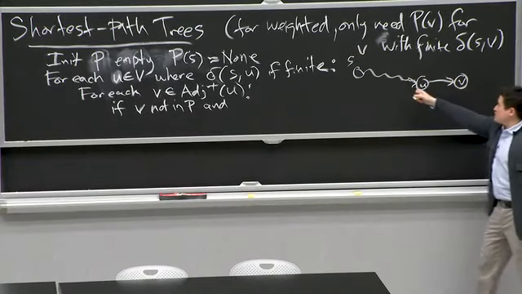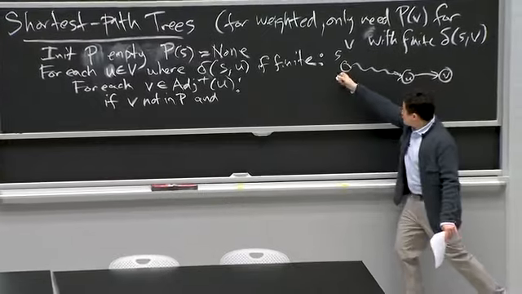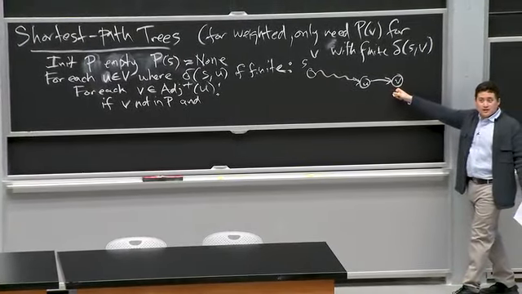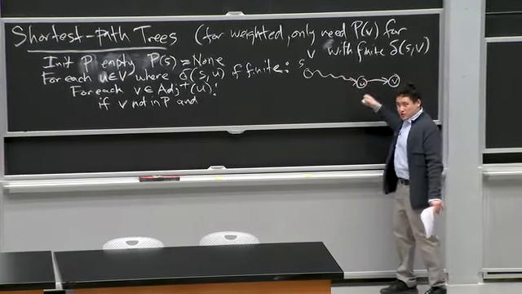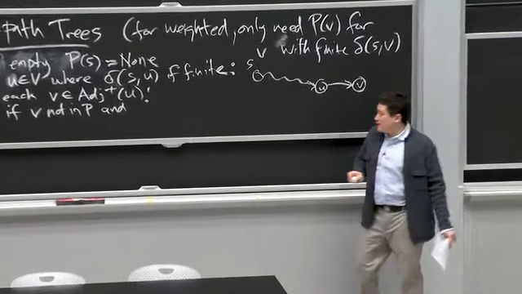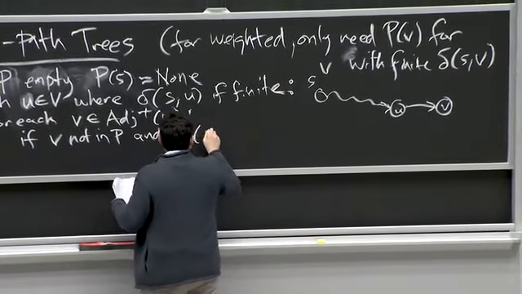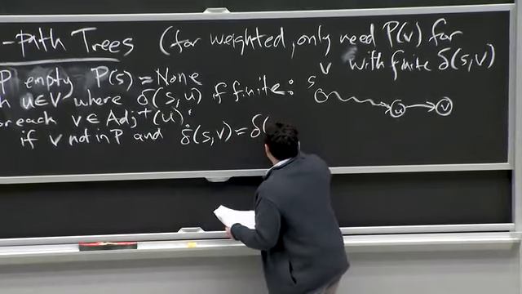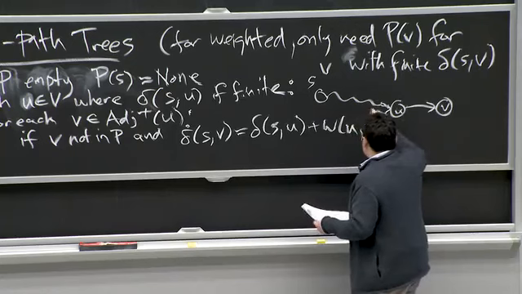If this shortest path distance plus this edge weight is equal to the shortest path distance from s to v, then there may be more than one shortest path, but this is certainly a shortest path, so we can assign a parent pointer back to u. Let's write that condition down. If the shortest path distance from s to v equals the shortest path distance from s to u, and then traversing the edge from u to v,